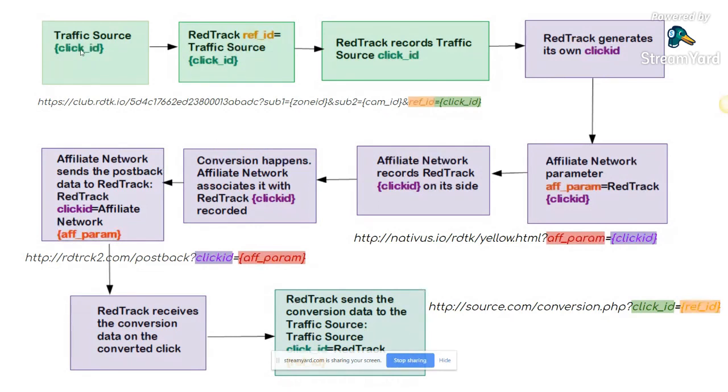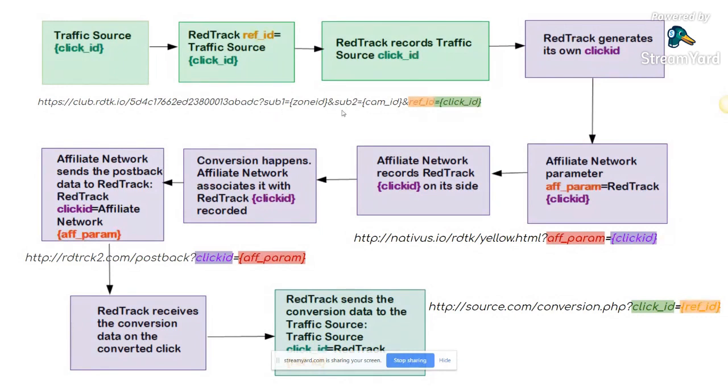Let's imagine that you have already integrated your traffic source to RedTrack. In that case, this click identifier is sent to your account in a tracking link or through the direct traffic script. And you can see the example of the tracking link below here,